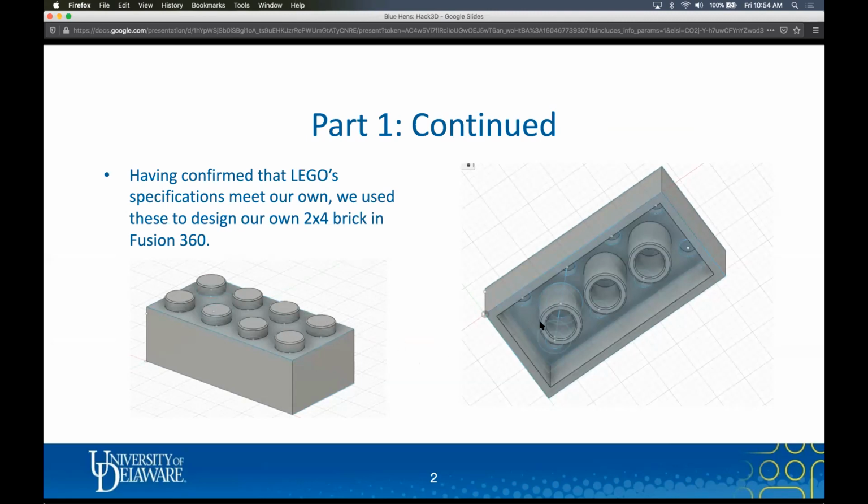You'll note the 3 cylinders on the interior of the CAD model. Once we implemented all the specifications from the Lego blueprint, we advanced to the next part of the problem, which was determining the max stress unit. For this, I'll pass it over to my teammate, Michael Hutz.